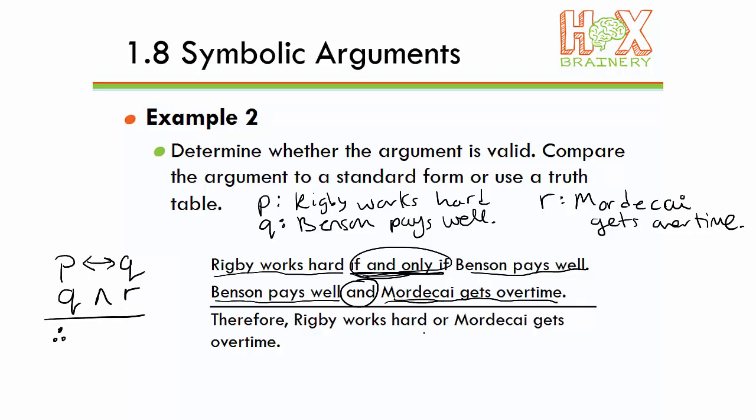Therefore, and we near a conclusion, Rigby works hard, P, or, disjunction, Mordecai gets overtime. All right, that is the argument in symbolic form. P if and only if Q, Q and R, therefore P or R. This doesn't match any of the standard forms that we saw earlier, so we're going to have to do a